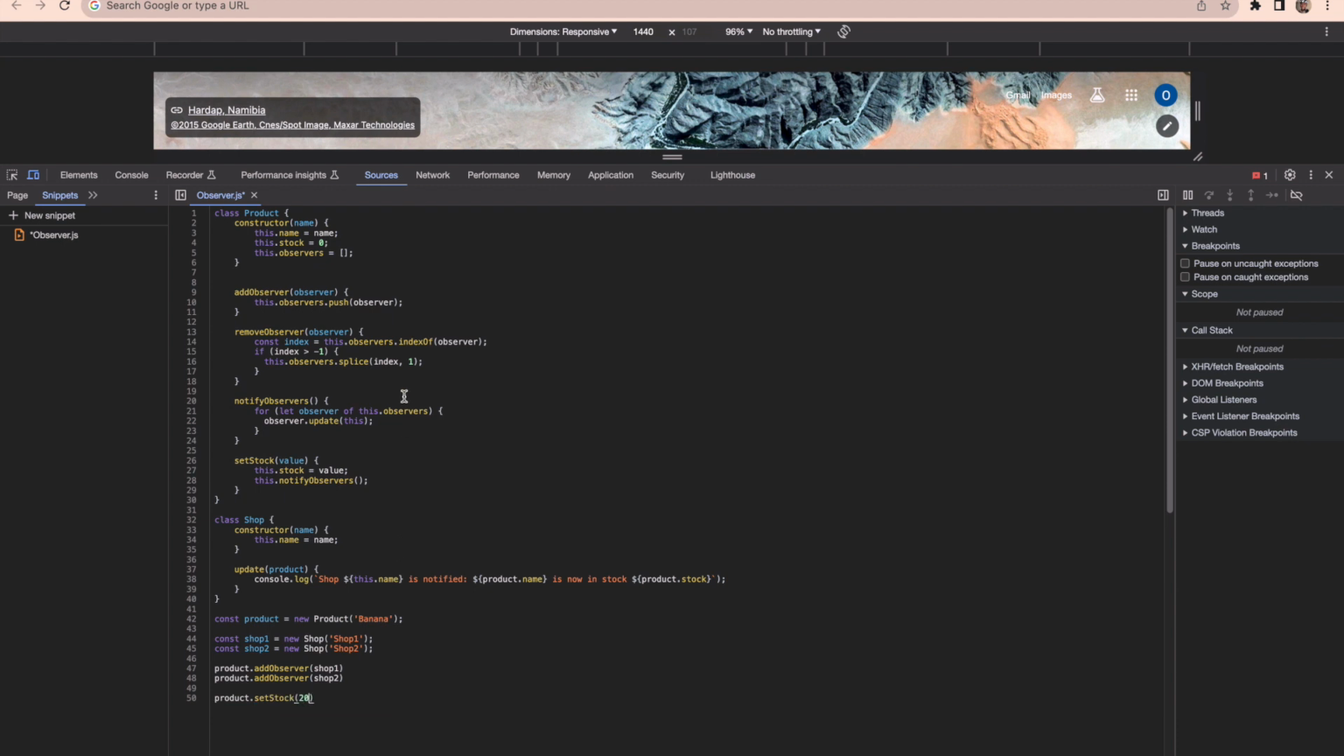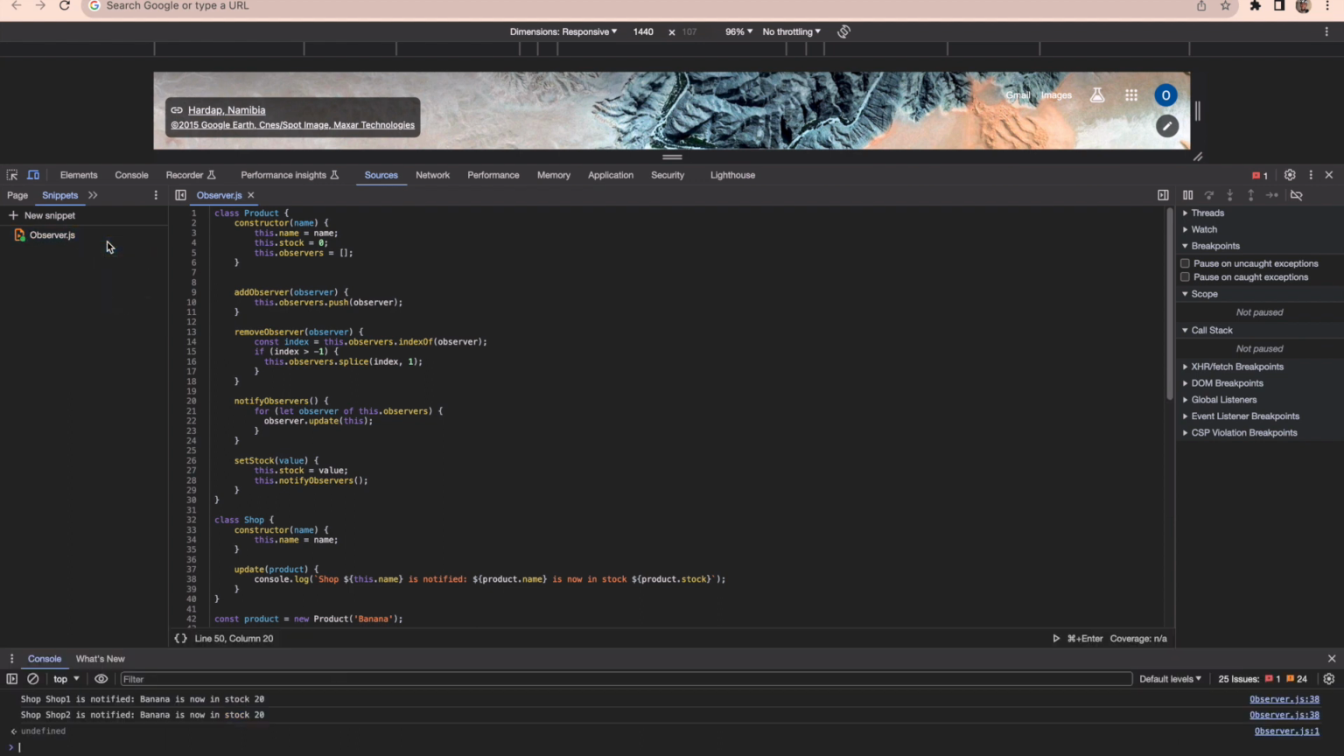Cool. We are now going to run this function by right clicking on it and clicking run. Cool. Now in the console log, we can see it says shop1 is notified. Banana is now in stock 20. Shop2 is notified. Banana is now in stock 20. So that's it, guys. That's the